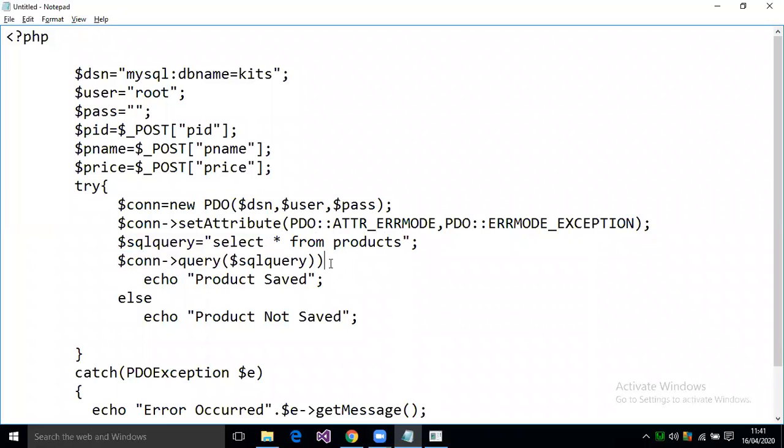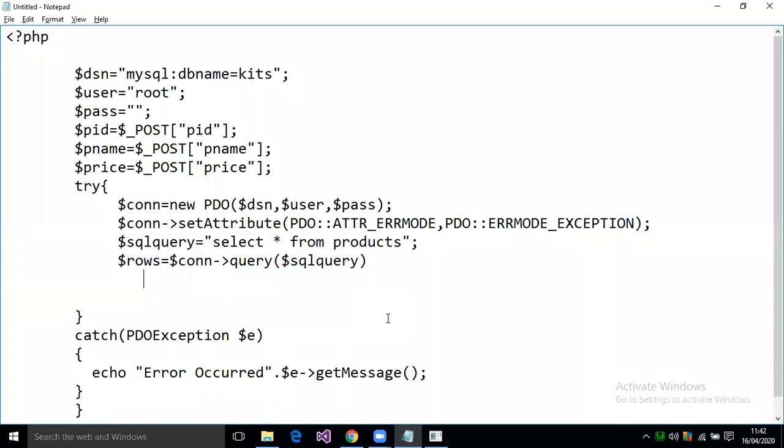Instead it will return me a number of rows. It returns an array of rows. In PHP it is very simple: you can store that into one associative array, and it will be stored under $rows. So no need of this else part. Now this $rows will consist of an associative array.